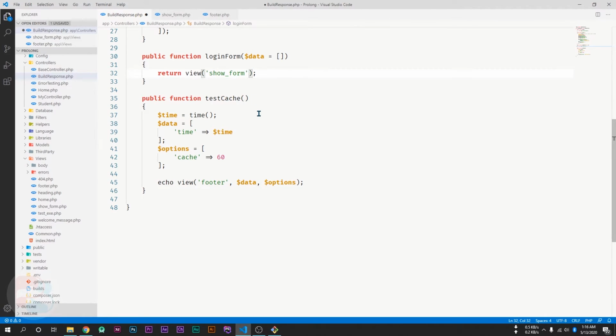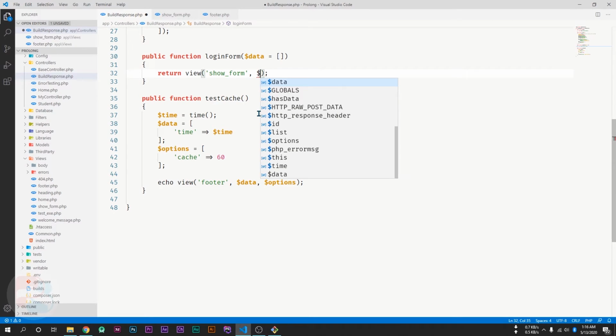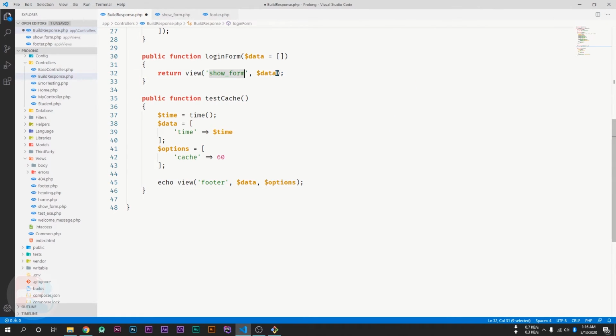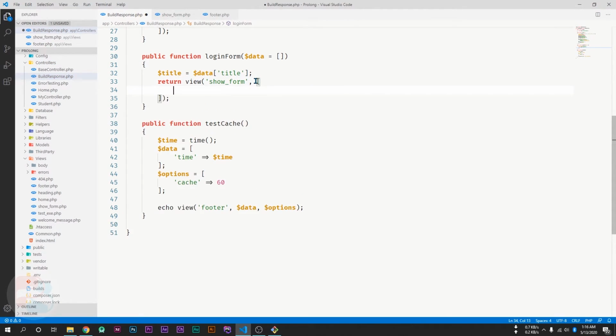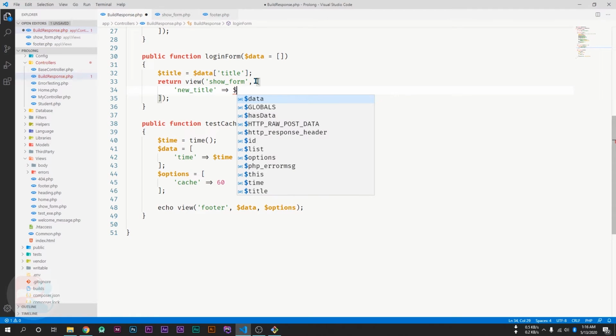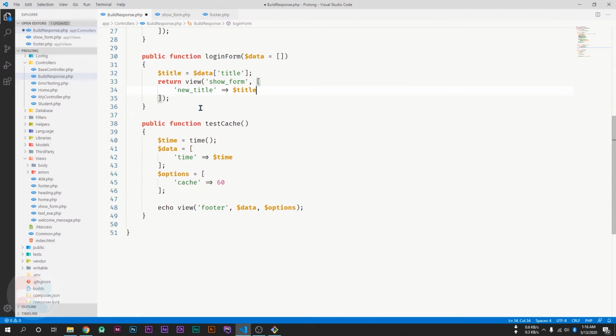So if I pass this variable directly to my view function, or if I do this like title is equal to data and the key name is title, then we can pass our data array like this, new title and this title variable.